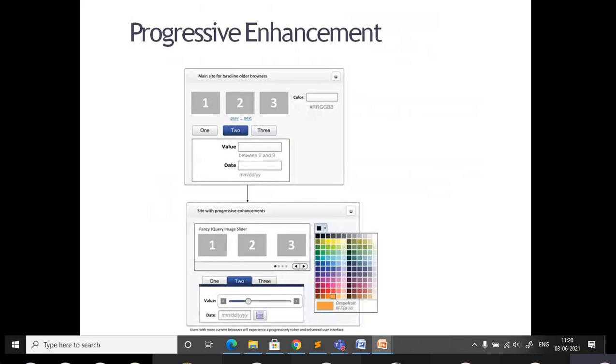There are some changes you can observe. So how does progressive enhancement work? Consider this is some version of the browser you're using. There you are getting the details like this. There are some numbers, buttons, and also color. You are able to see some button, and you will be able to select the different colors here.